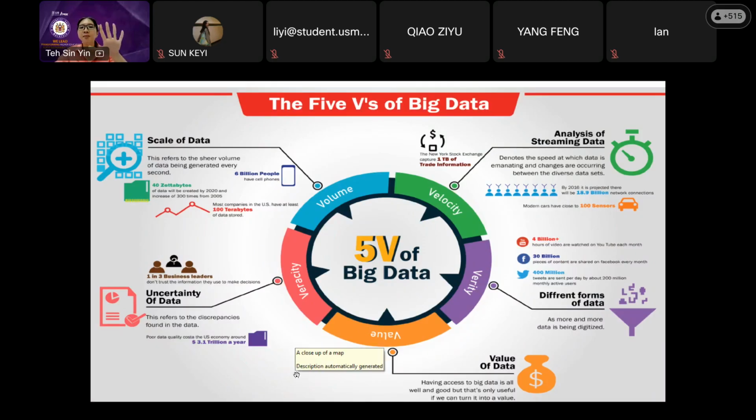So don't just simply answer your client that in terms of volume, okay, you have big data already. We are not just talking about volume. We need to look at the real-time data. We need to look at the different sources of data. We need to see whether your data can bring value to the business or not. We need to also see whether your data is reliable, accurate or not. If we fulfill all these 5, that means yes, you have big data.